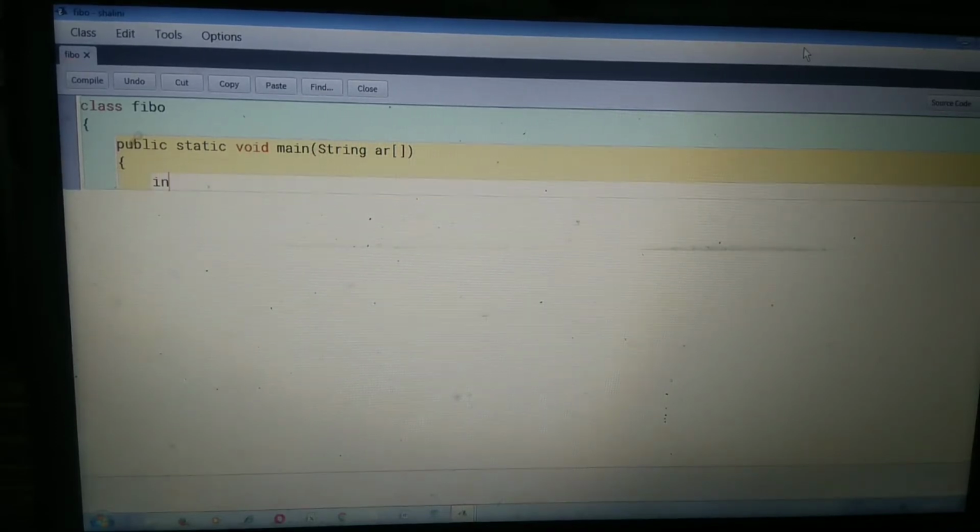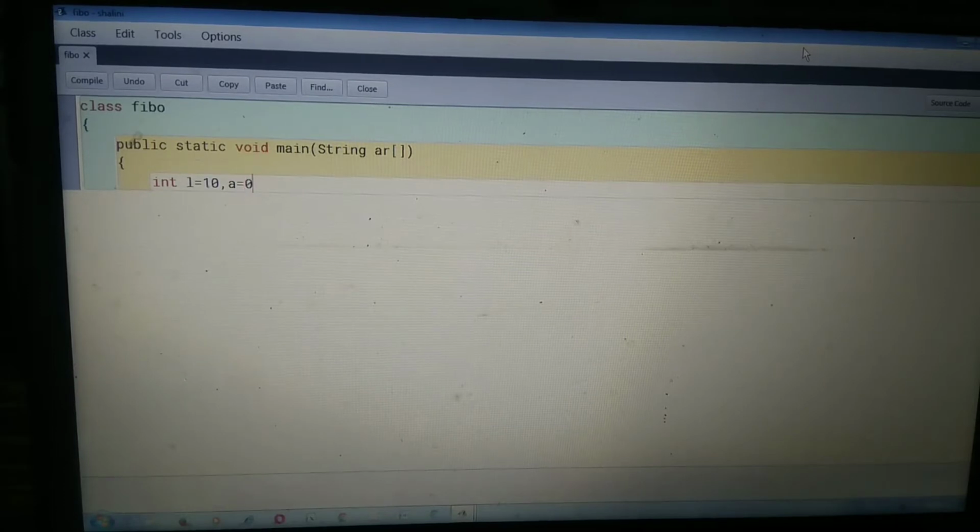So here I am taking variable int type, int L. L is equals to, I am given 10. Okay, 10 terms. I want to print Fibonacci series 10 terms. Then I am taking other variable which is also int type. So I am separating by comma.